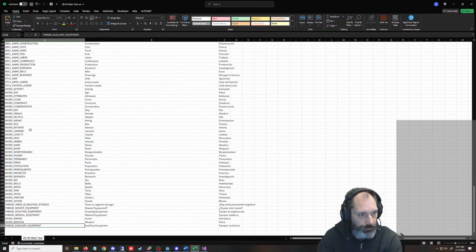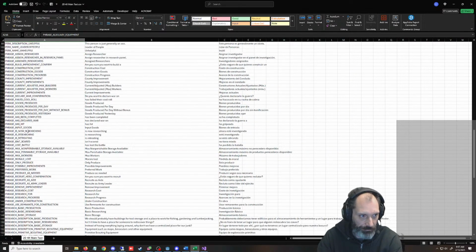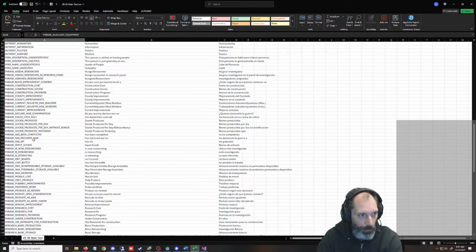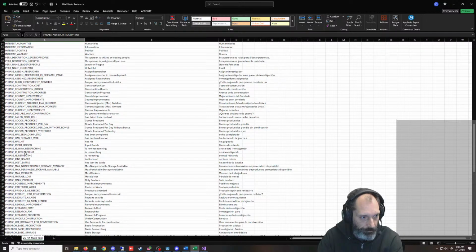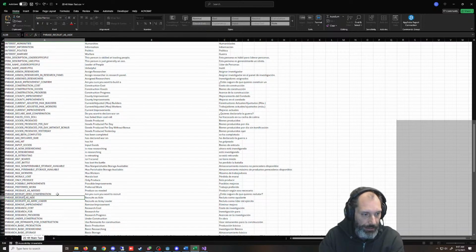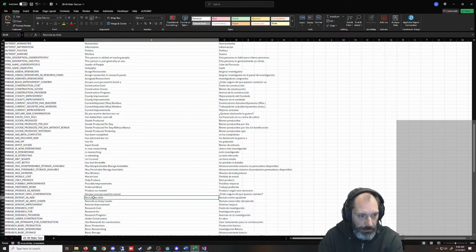See, whoa. I hate when Excel does that. That's one of my most hated things. Okay, where was it? Recruit as aid. If you click on the line, it jumps to the top and the bottom. So look, I even translated this and it let it translate.